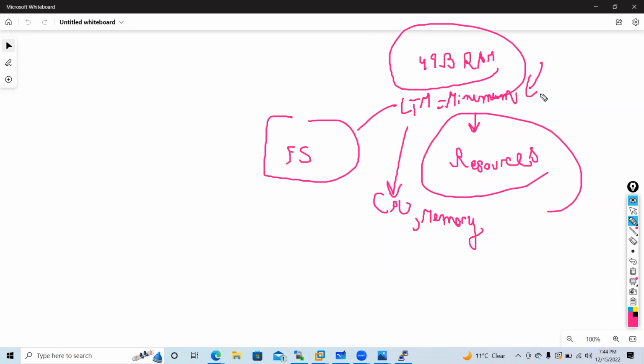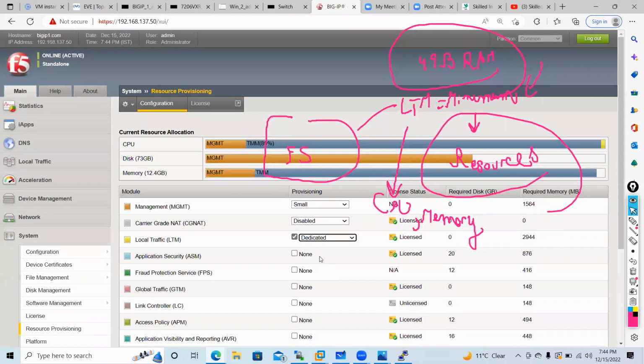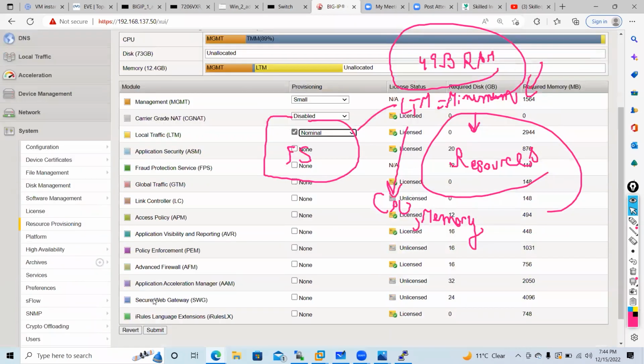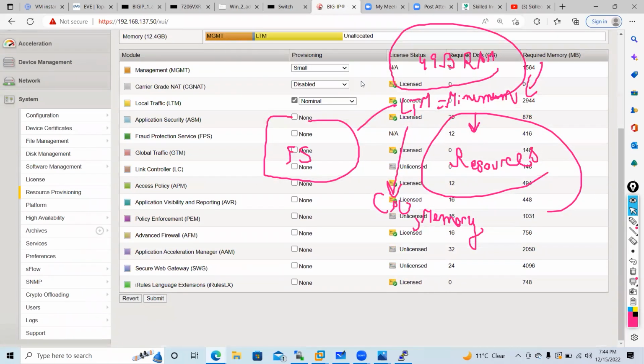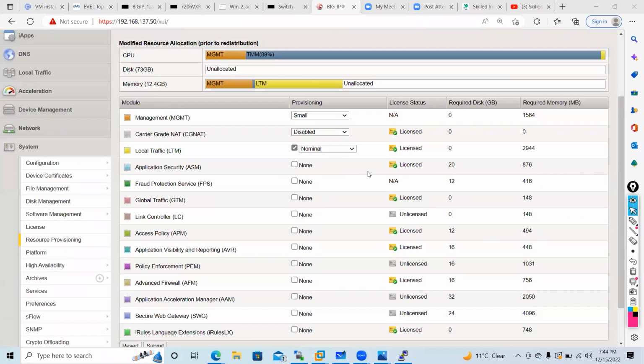First it allocates the least amount of resources. After that, if you have remaining resources that are not utilized, this module can get additional resources. You just need to go here, select nominal, submit, click OK. That's it. So this was an important question which I wanted to ask.